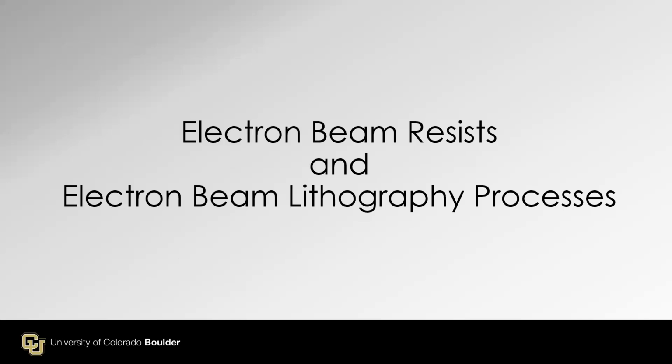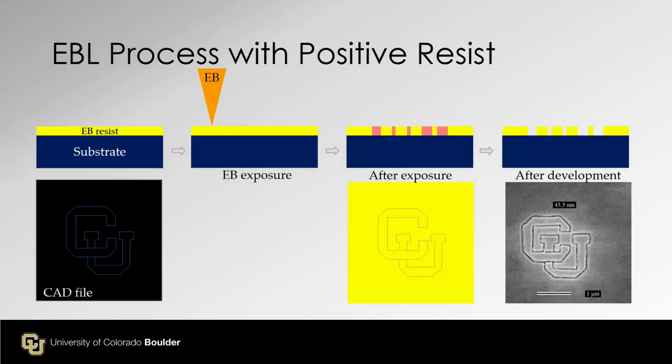Electron beam resist and electron beam lithography processes. This is how it works with the positive resist. You start with a substrate and a thin coating of E-beam resist. Thickness depends on what you are trying to make and what post-processing step you plan. You prepare a CAD file, put this information into the computer, and the electron beam exposes. This is the positive resist process. So expose